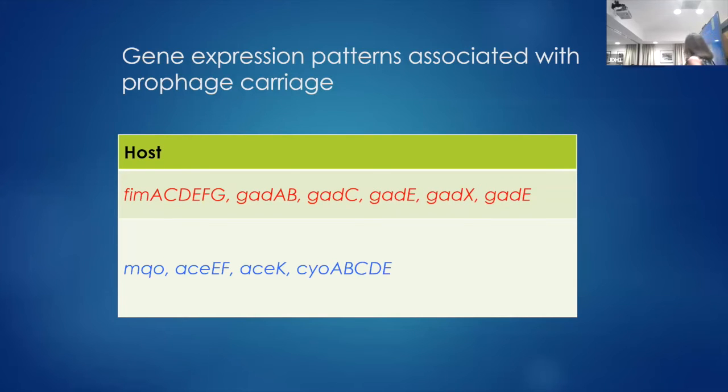What we did was we discovered that these genes are actually upregulated significantly by a regulator on the prophage. And so these genes, though in the chromosome, are controlled by the prophage. And if you took an E. coli O157 strain and you removed that prophage gene, they were as sensitive to acid as K12.